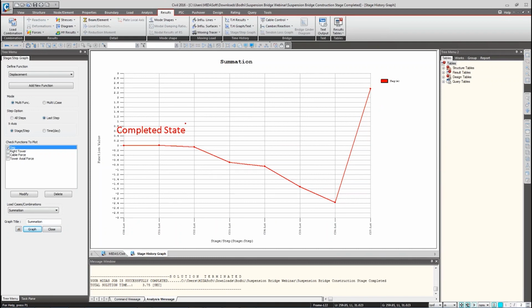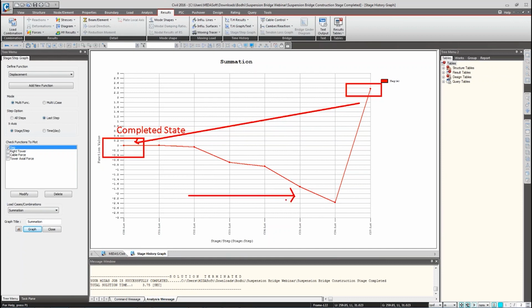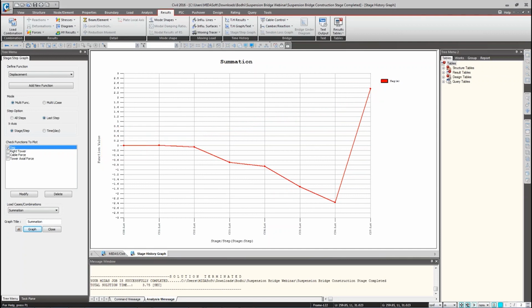Okay, and this was the initial state. So you can easily see that in the completed state, the sag point had 0 deformation. Initially it had some deformation. So with the construction stages, it reduces to 0. So this is what backward analysis does. Okay. Similarly, you can have